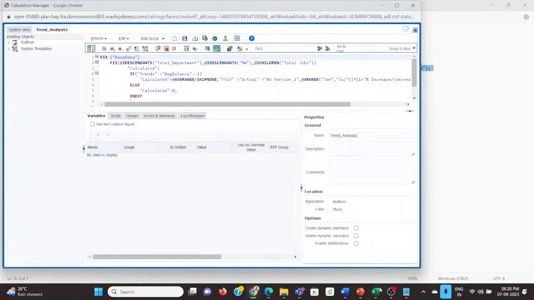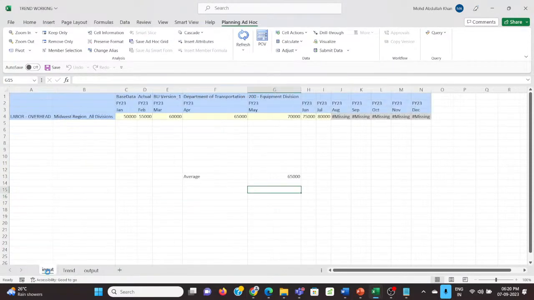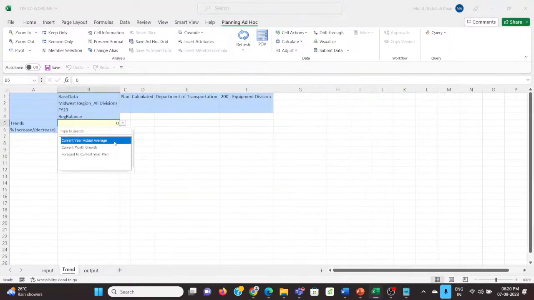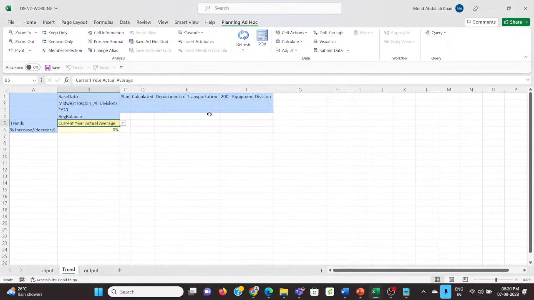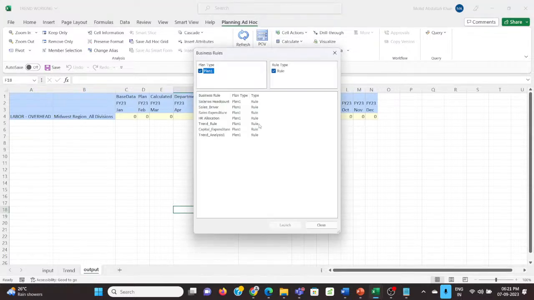Now let's move on to our sheet. All right. We have given an input, submit data, refresh, then give trend. This is our smart list. Click on to the current year actual average, submit data, refresh, output. Now here in our output, launch the business rule. Launch,